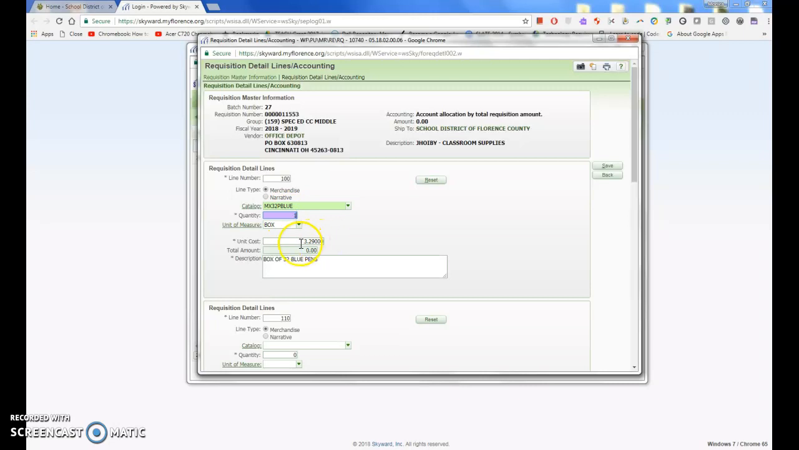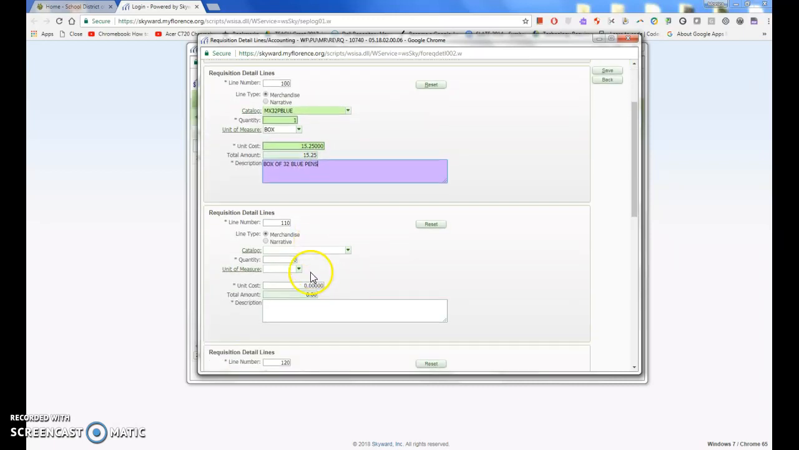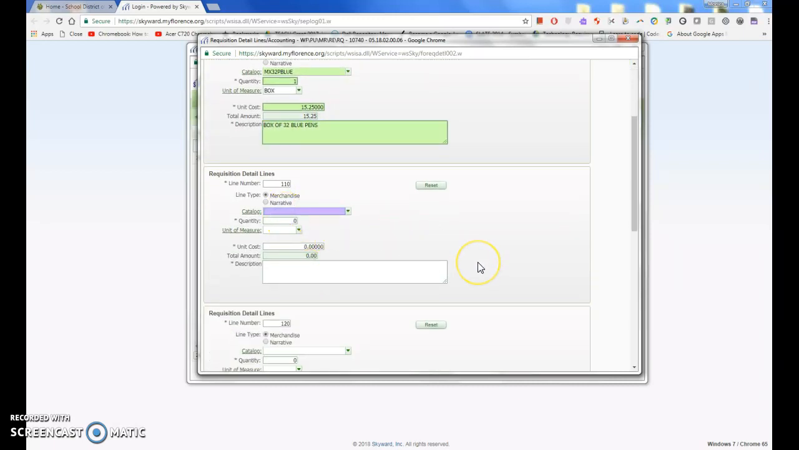I want one box. $3.29 for a whole box of pens is pretty cheap. But my catalog item says now that it's $15.25. So I'm going to change that amount. It automatically calculates the new amount, and now I'm set to go on to the next item. So the next item I'm going to enter in is